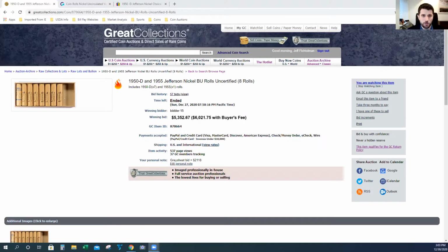As you can see on the screen, this is actual original 50D Jefferson Nickel BU rolls, or at least we believe they're original. Obviously, that's how it's advertised. It's being sold by Great Collections, which is a heck of a lot more reputable than if you saw this on eBay. What's most interesting about this particular auction is back in the early 1960s, there was a massive